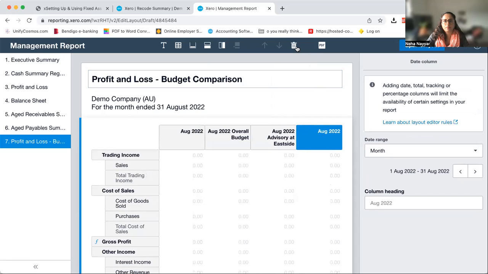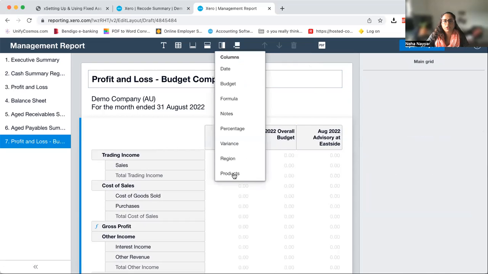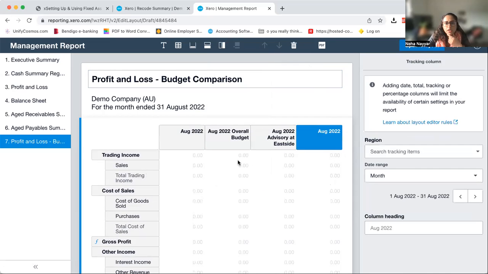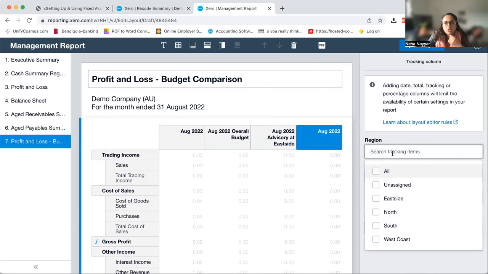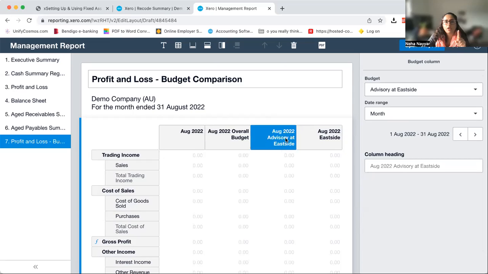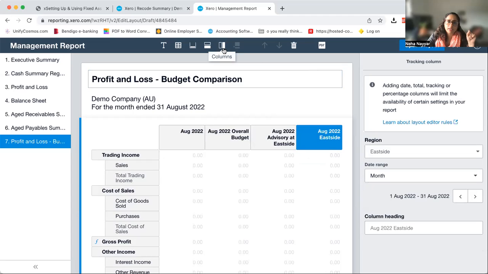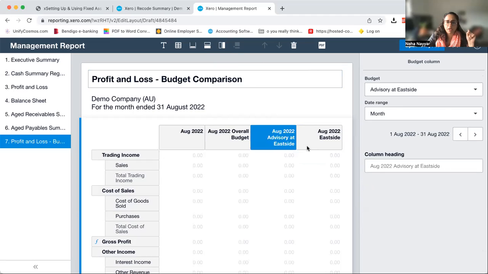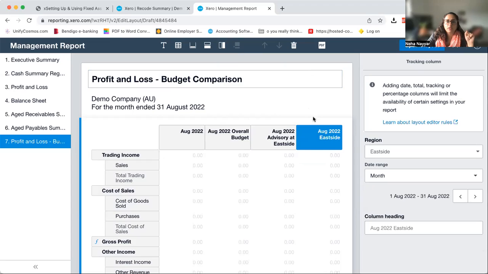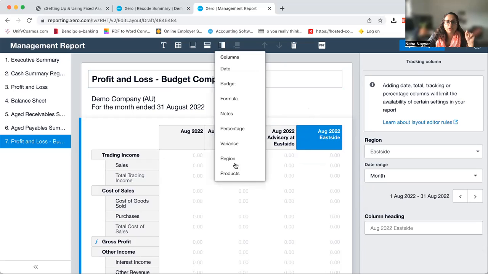Hang on. No, tracking category. This is going to be an interesting one. So what you do here is you go East Side. Actuals are going to be an issue here. We've got here East Side, August 2022 budget, and we've got actuals here for East Side, and then we have actuals here